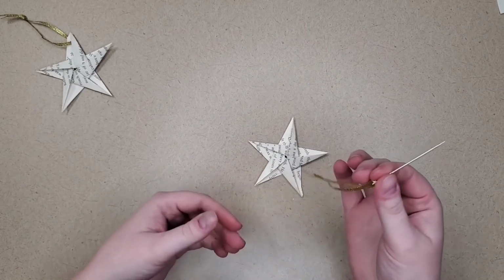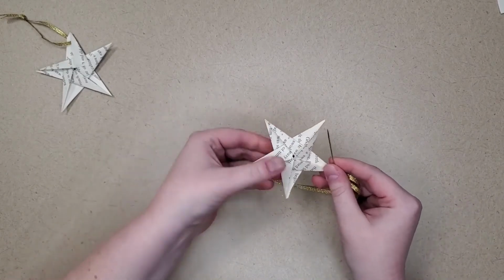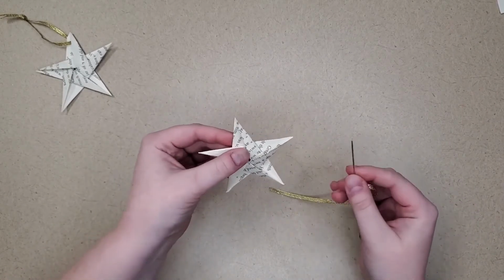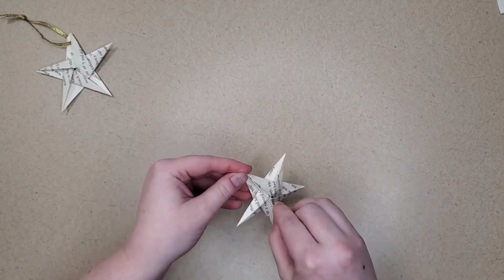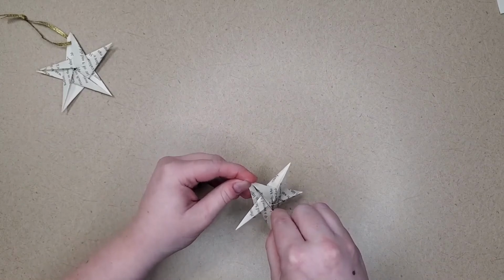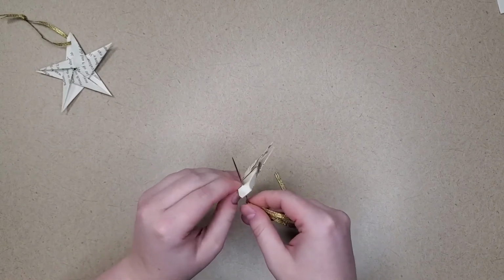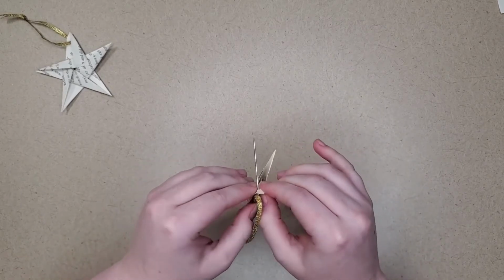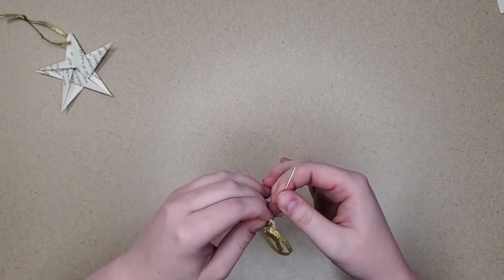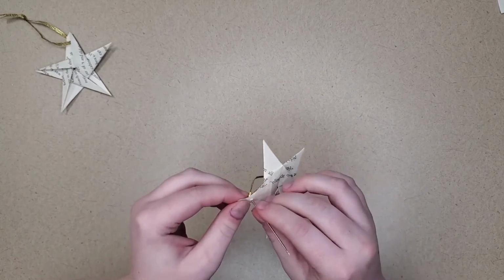And then with the ribbon on our needle, pick a point of your star that you want to be the top. I think I want it to be this one. And then we're just gonna poke the needle right on through. Be very, very careful not to stab yourself in the process. And now, like I said, because these stars are so small and these points are so small, be careful and very gentle not to tear the